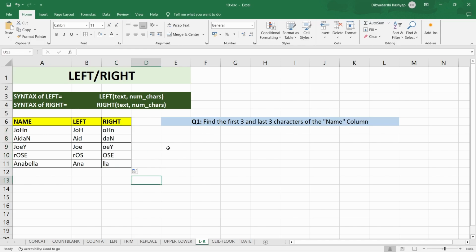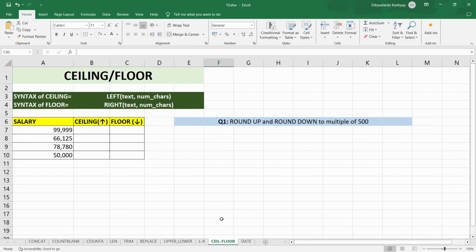So that's how you can use left and right in Excel. Ceiling and floor. The ceiling function rounds a number up to the nearest multiple of significance, whereas the floor function rounds a number down to the nearest multiple of significance. Now let's look at this example. The question here is that we need to round up and round down the following salary values to a multiple of 500. Write equal to